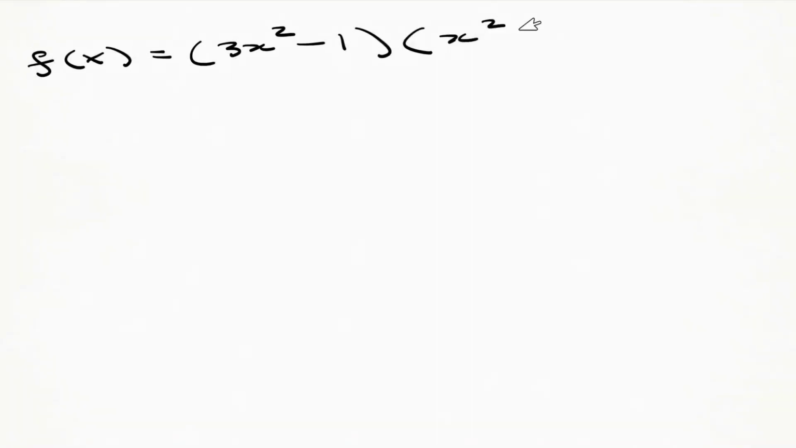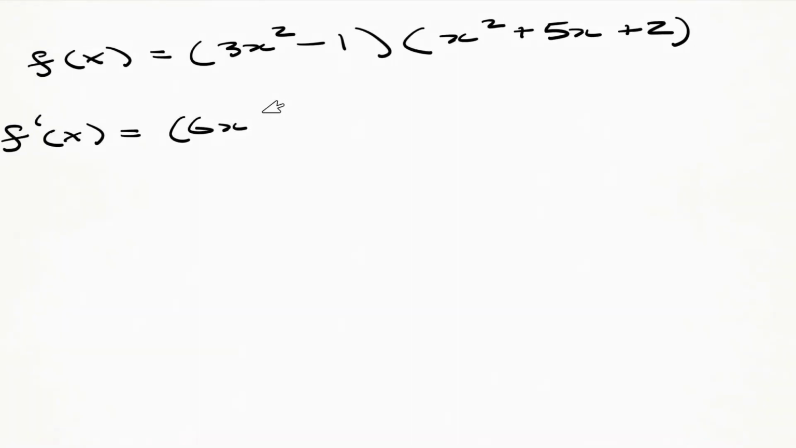Let's say we have another function f of x, which is equal to 3x squared, take 1, multiplied by x squared plus 5x plus 2. How do I find the derivative? So that's f prime of x is equal to 6x, the derivative of the first part, times x squared plus 5x plus 2